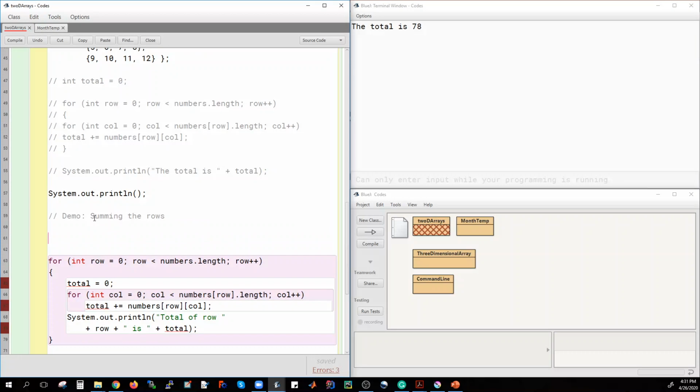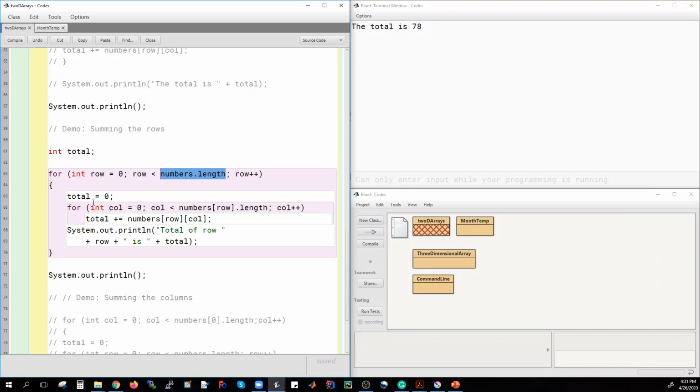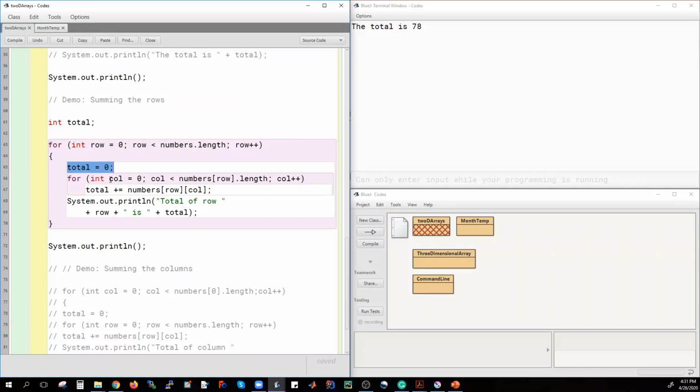It's complaining because we did not come. So int total, right? Here I have a single accumulator. I go from row 0 all the way up to numbers.length. Numbers.length gives me the number of rows in an array. So from row 0 to numbers.length, I'm going to initialize my total. Then I'm going to add the columns from 0 to the row's length, which means the number of columns in the row